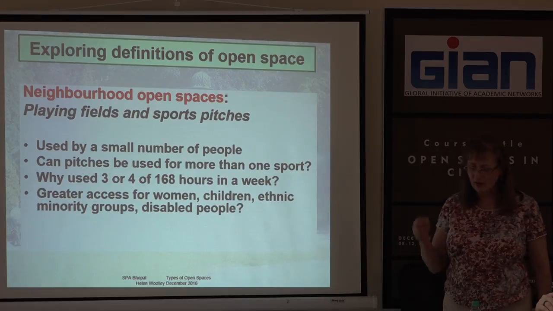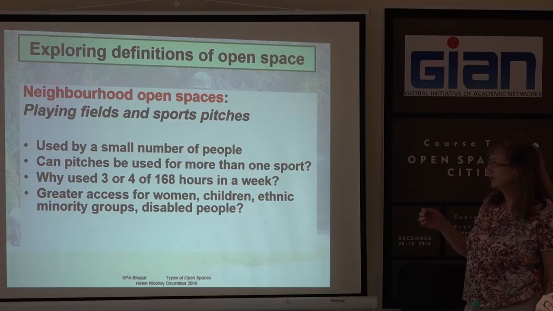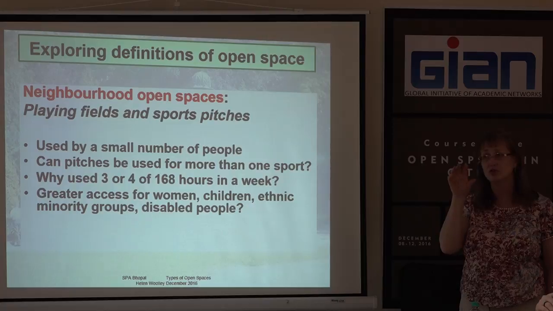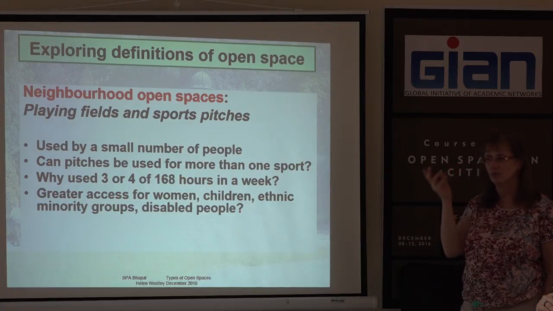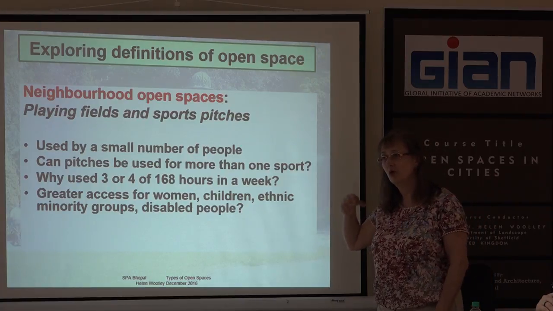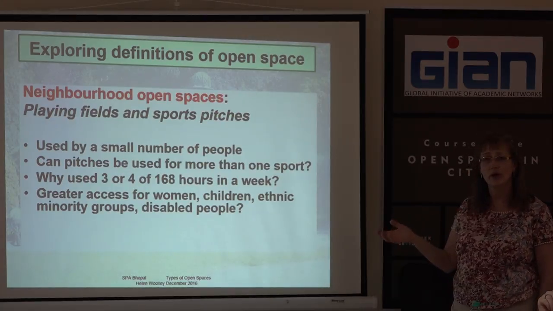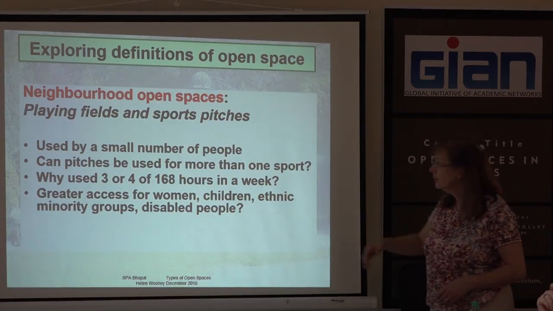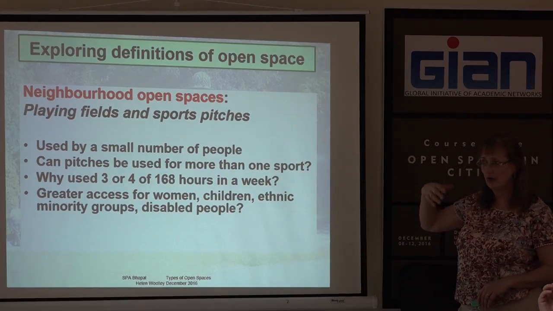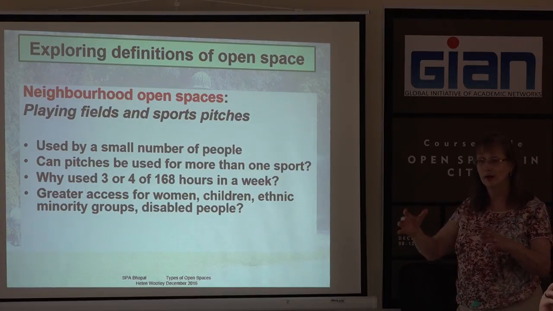Should there be greater access for women, for children, people from ethnic minority groups, disabled people? Because as we saw earlier in the benefits of open spaces, sport is predominantly done by males. Why aren't women doing more active things, or is it that we're not including them purposely? Now, there are some sports where women do play more, but is it that our parks and our playing fields are excluding other people by the way they're designed and managed, in that you can only play football